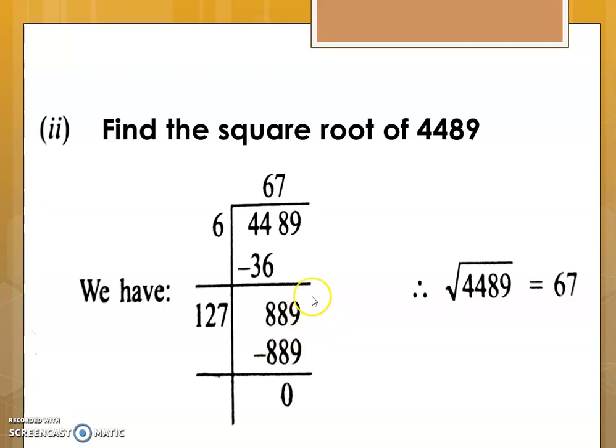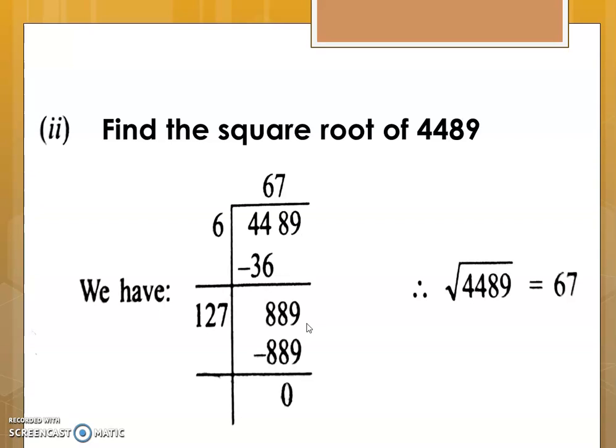So here you have to see the ending digit is what? 89. 9 is the ending digit. So what all numbers can give you the ending digit as 9? That way you have to think. So 125 into 5 is not a possibility, because obviously it will end with 5. Then can 126 into 6 give you? No, because 6 into 6 will give you 36. Again it is not ending with 9.